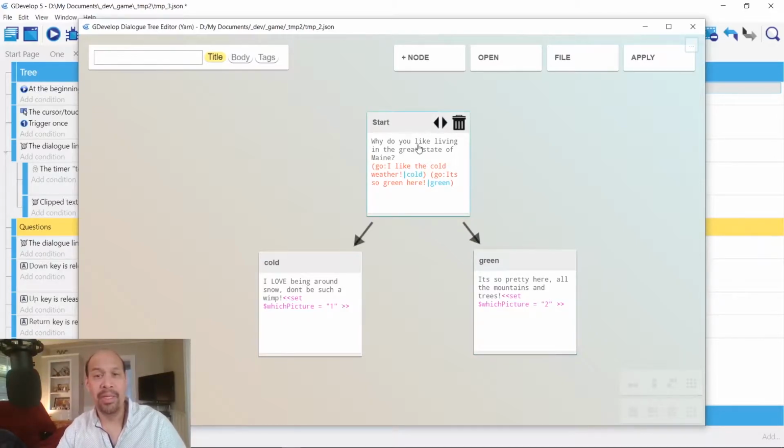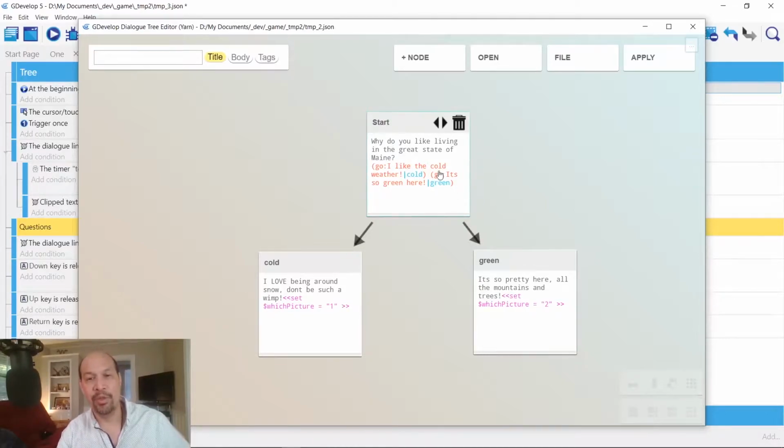So the start is asking, why do you want to live in Maine? Okay, so after that, you want it to break down to a series of questions. It could be a whole bunch of questions, whatever, but that's going to be a separate set. So that's why I broke it into 2 text fields. So why do you want to live in Maine? After clicking the node start or invoking the word start, it's going to echo this,